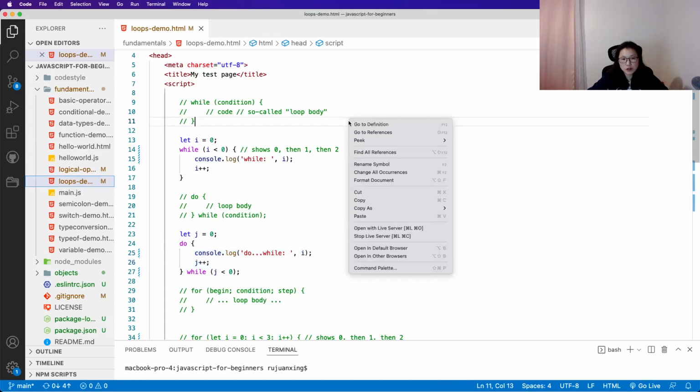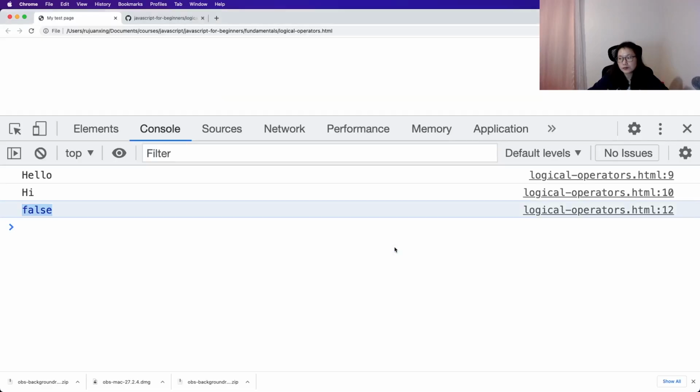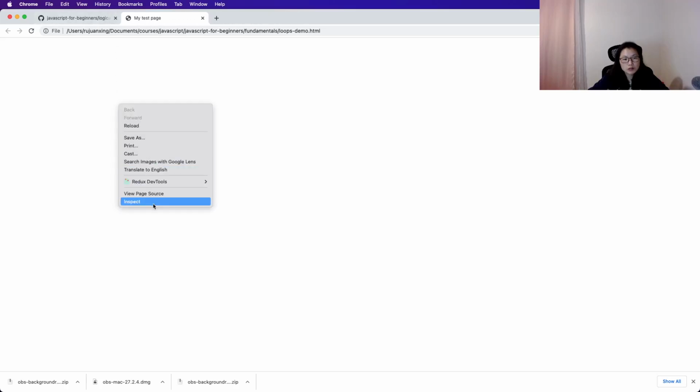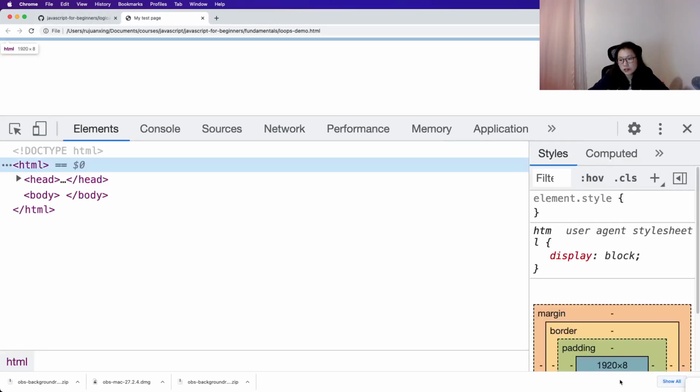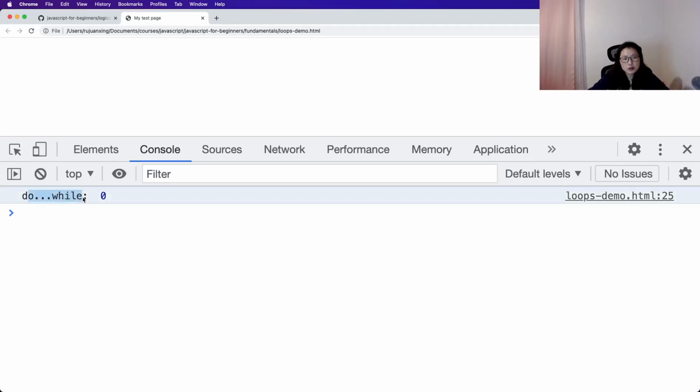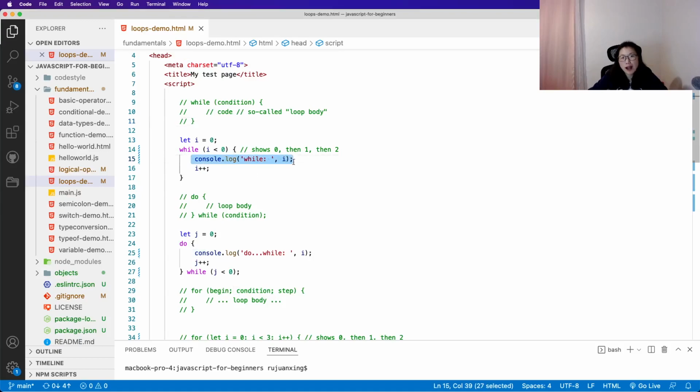So now let me show you this inside the browser. Okay, now I will open the developer tool. Wait for me a second. Okay, so here you will see do while being printed 0, but we didn't see any statement about while, right? That's the difference between them. Use them as you want. Do while will be executed at least once, but while will always check the condition first,